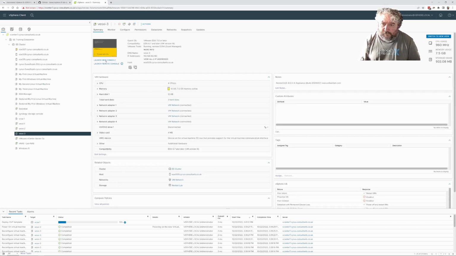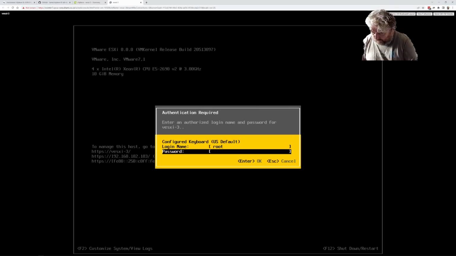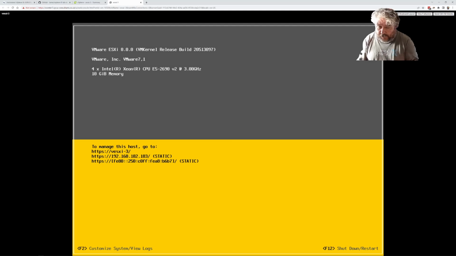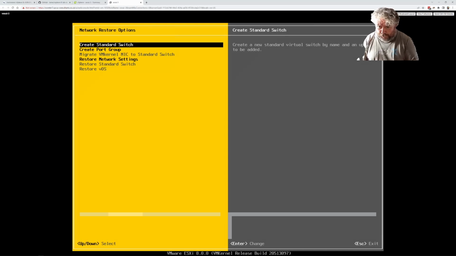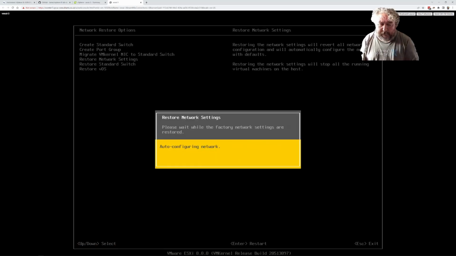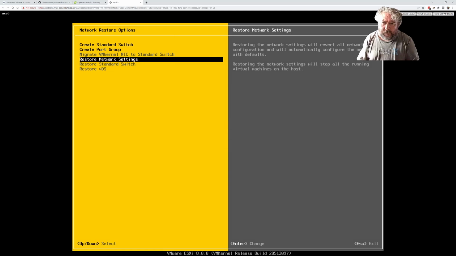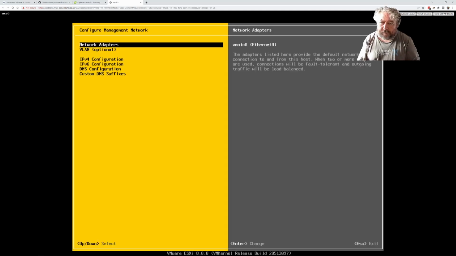Launch web console. Anyway, so good bit of troubleshooting this. Shouldn't have to do this. I don't know why. I have actually had a little look at the internals of the ESXi host and the way that it's actually set up. I couldn't see anything obvious. It's possible that I missed something. So not quite fully automated, but